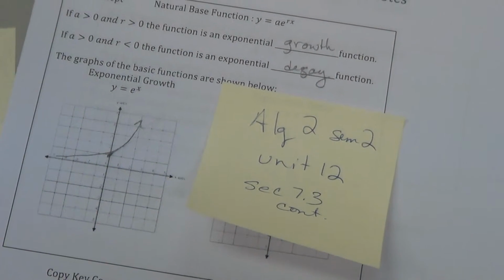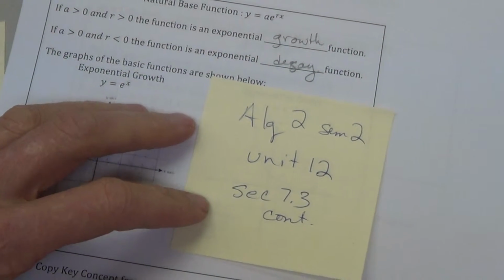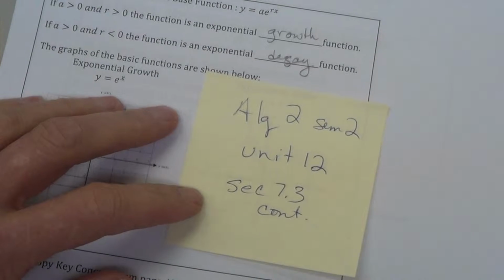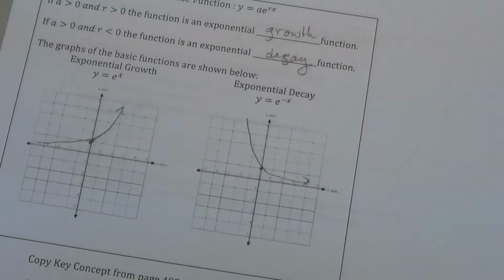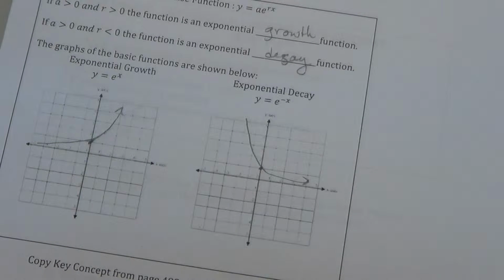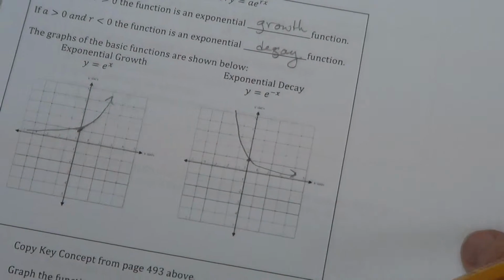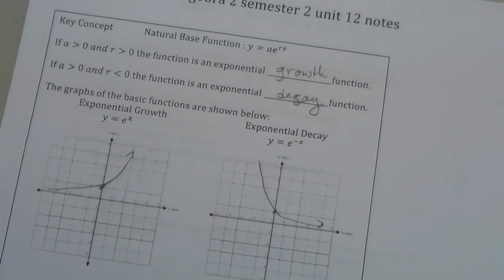Okay, welcome to Algebra 2, Semester 2, Unit 12, Section 7.3 continued. I'm sorry that last tape ran out, and I'm still not sure how to edit them together, so we're just going to continue it. Just a review of what I was covering at the beginning of that: natural e